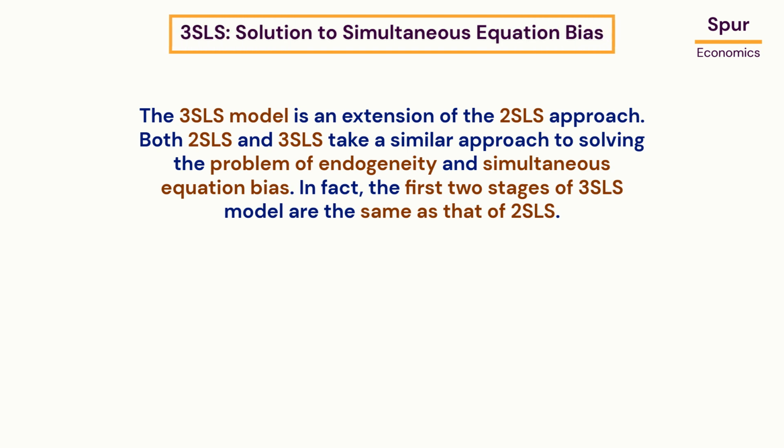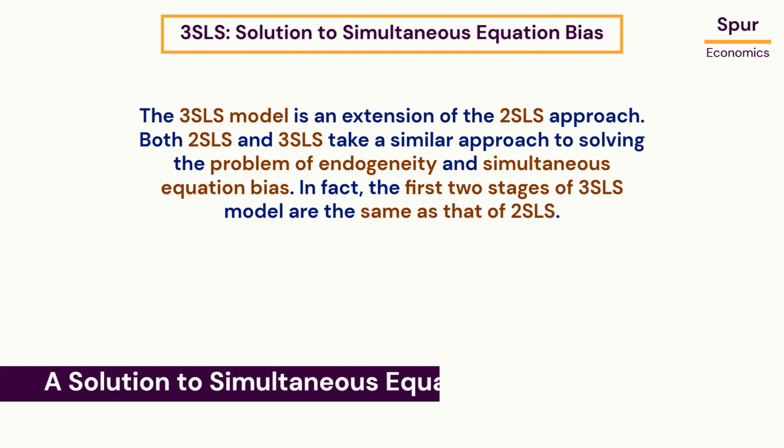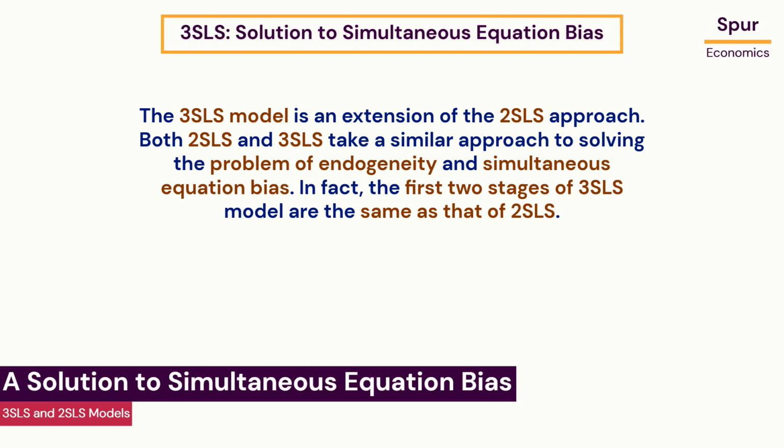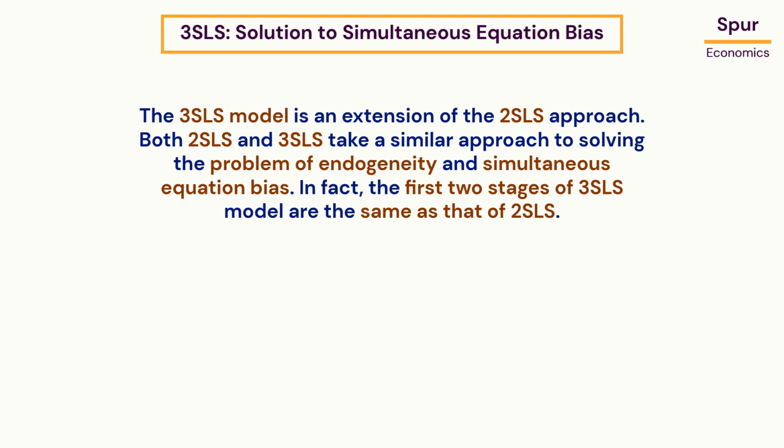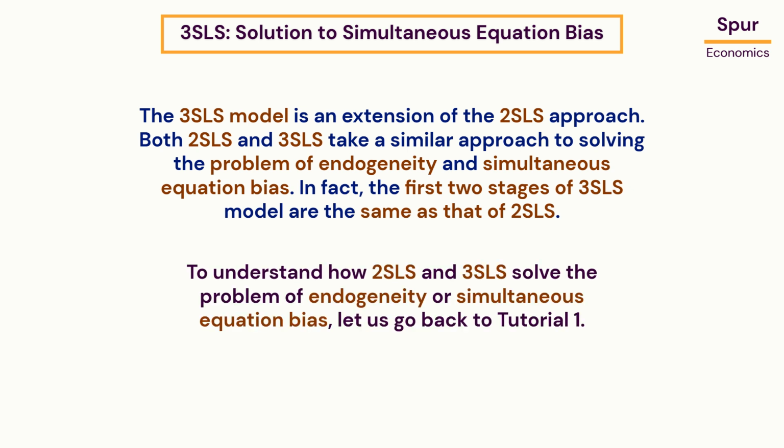The 3SLS model is an extension of the 2SLS approach. Both 2SLS and 3SLS take a similar approach to solving the problem of endogeneity and simultaneous equation bias. In fact, the first two stages of the 3SLS model are the same as those of 2SLS. To understand how 2SLS and 3SLS solve the problem of endogeneity or simultaneous equation bias, let us go back to